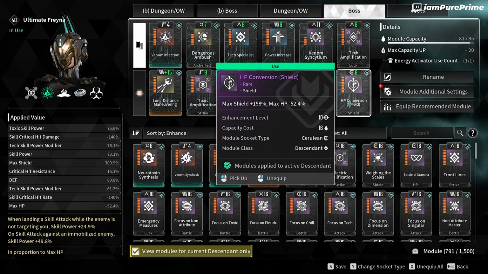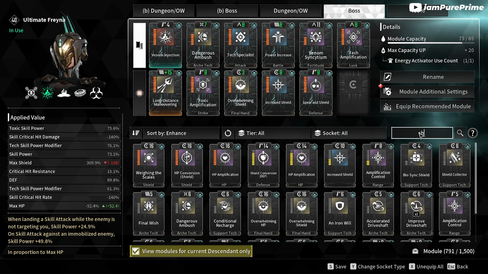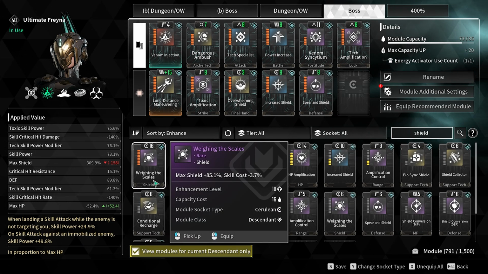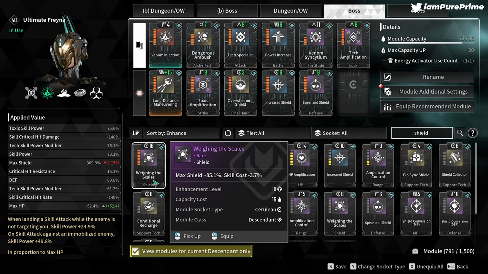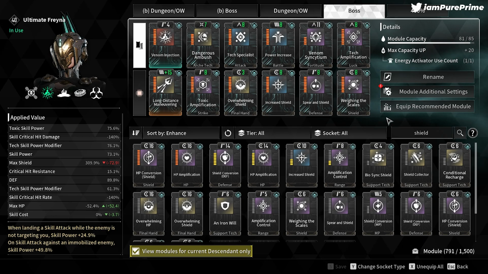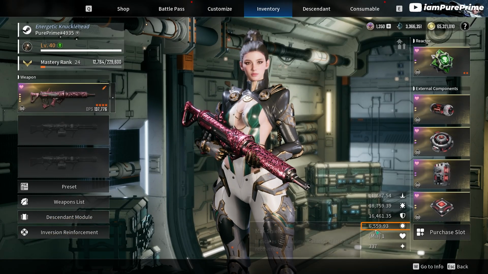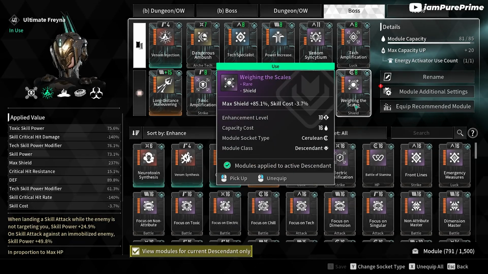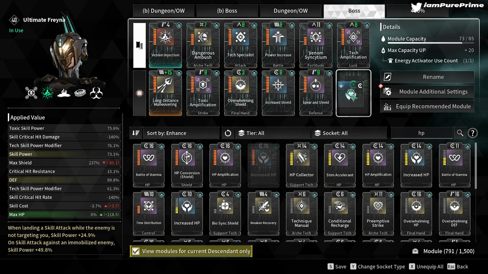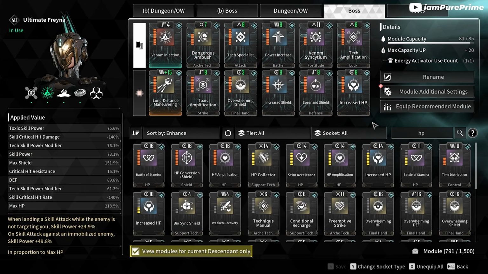But if we now change this shield mod away for a different shield mod, let me spell shield correctly. Shield mod, for example, Weighing the Scales, this will give us an extra 58.1% max shield. If we save it now and go back, we have again 6.5k. So it will always be better to remove the shield mods and just go for your basic HP increase, as that will give you more survivability. Everything else